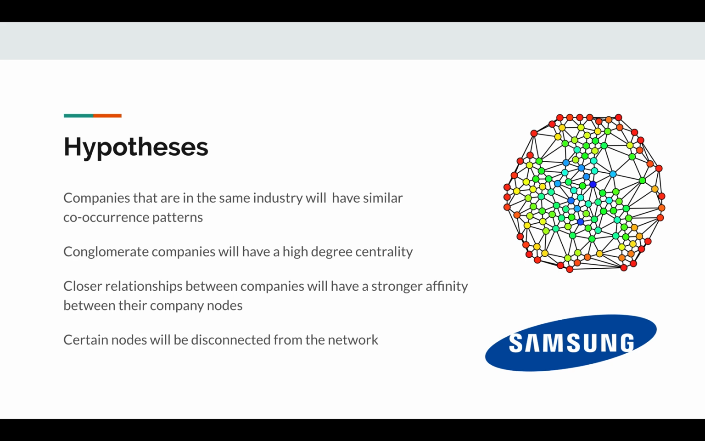Furthermore, our hypotheses are that companies that are in the same industry will have similar co-occurrence patterns because they'll be mentioned in terms of competition in the same headlines. We also expect conglomerate companies to have a very high degree of centrality since they will be able to connect between many different industries. Also, we believe a closer relationship between companies, either as a partner or as a competitor, will generate a stronger connection between the company nodes. And also, because certain companies are not really mentioned in the media cycle, certain nodes will probably be disconnected from